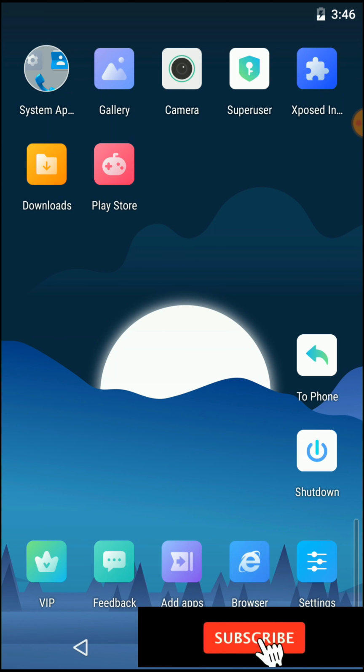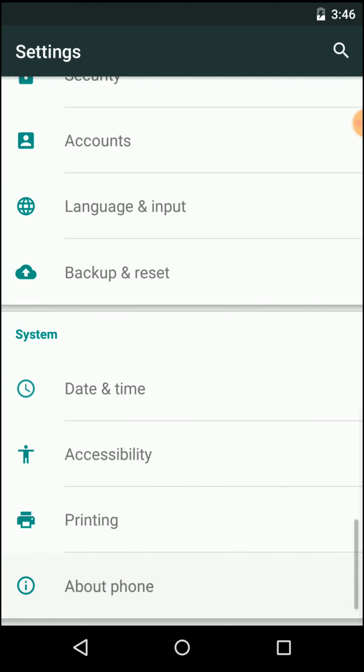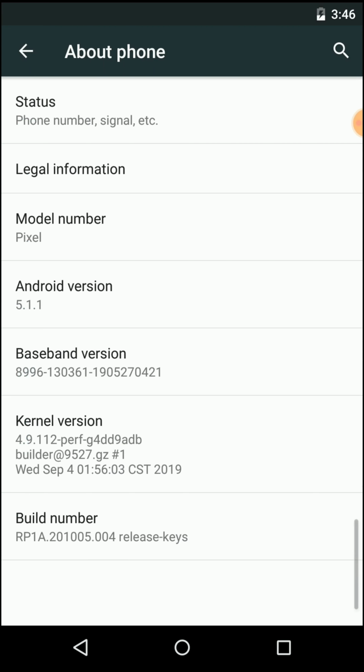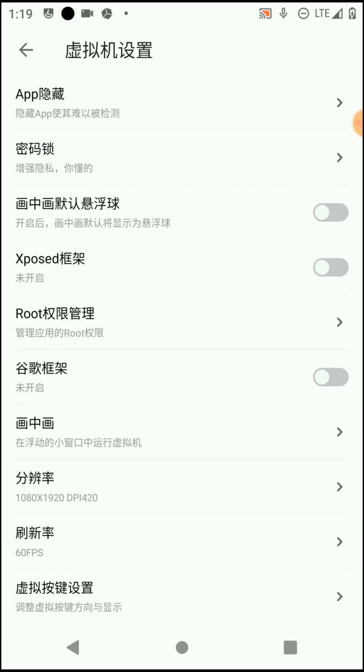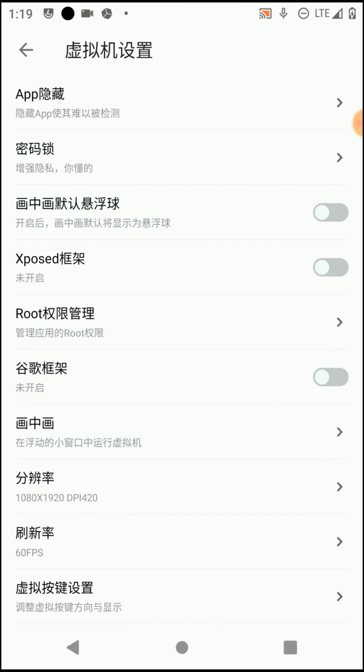You can see how awesome this virtual system is, and it came as an Android 5.0 system. So this is our Android version, Android 5.1. Because of that we can't enable those features. So this feature also came as we can't do that. We also can't enable the Xposed framework here without purchasing the pro version of this application, but you can